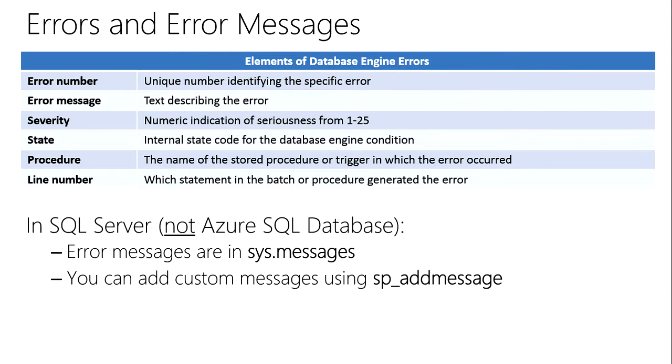We need to be able to distinguish those levels, really the three levels of error that we have in there. So when you throw a message, it's not going to be the very highest one. We've got to mention that not in Azure SQL Database sys messages, but in SQL Server we can create a message and define some portions of it and say, okay, I'd like it to be at this level, and then we can test for that as well, with a condition to say what is the severity of that value,